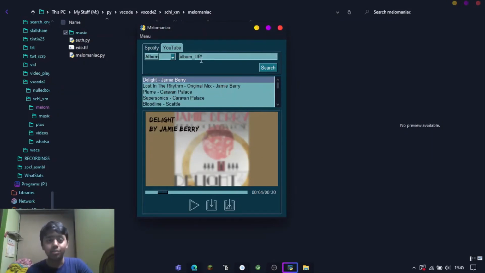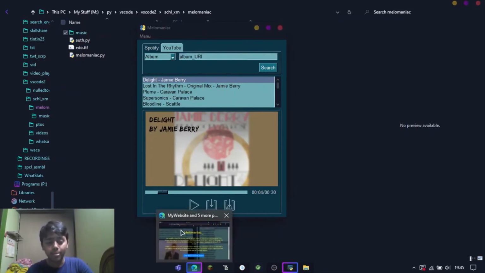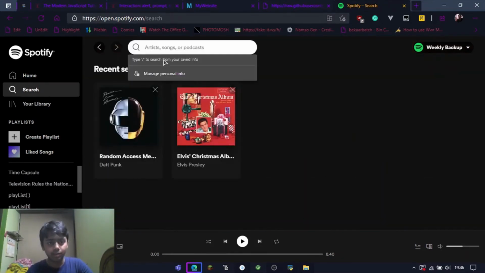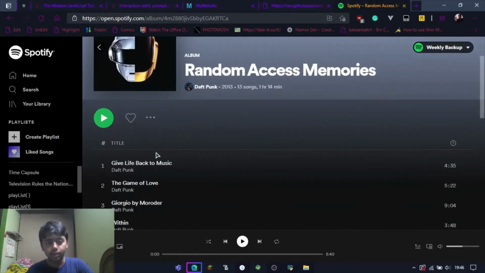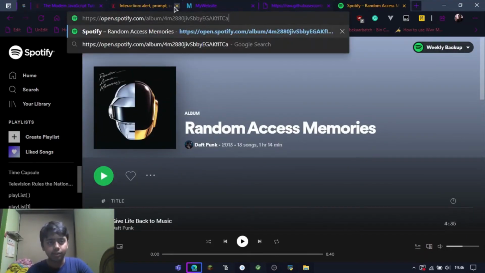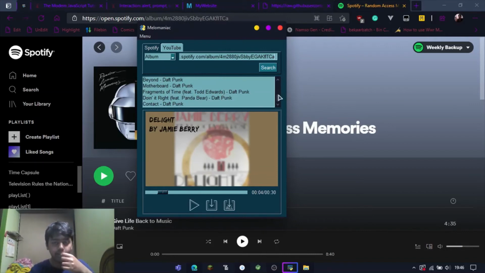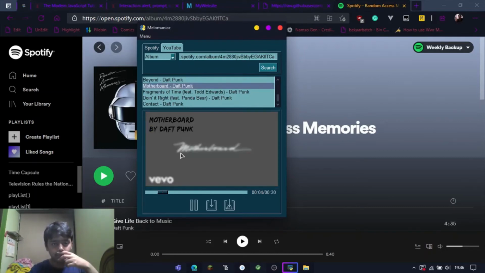And same goes for albums. So if I search for an album, I don't have any album URL, so I'll just search for one. Oh, right here. Yeah. So this is an album. You see it right here, and just paste the album URL here and search. Yeah, and it's already loaded. These are the songs in the Daft Punk album. So if I just select one for watching the preview,